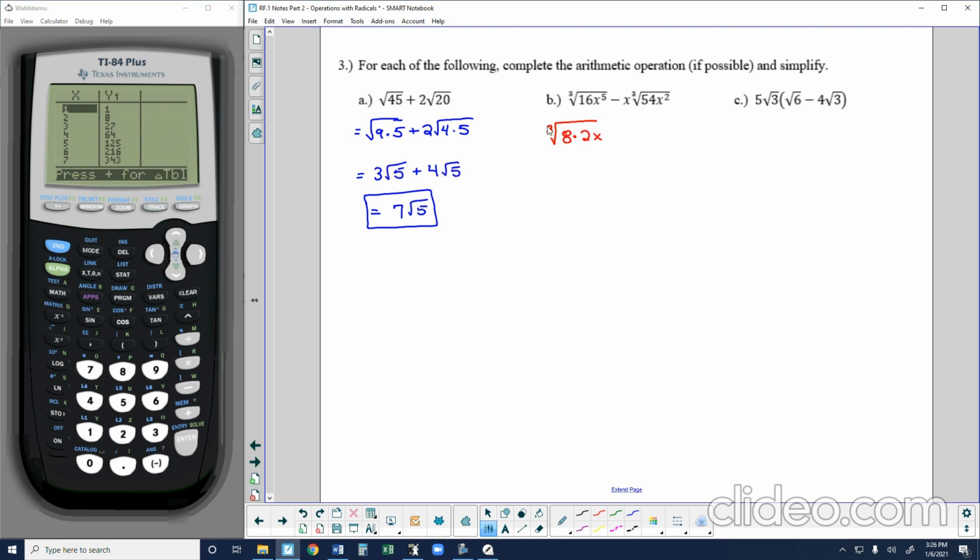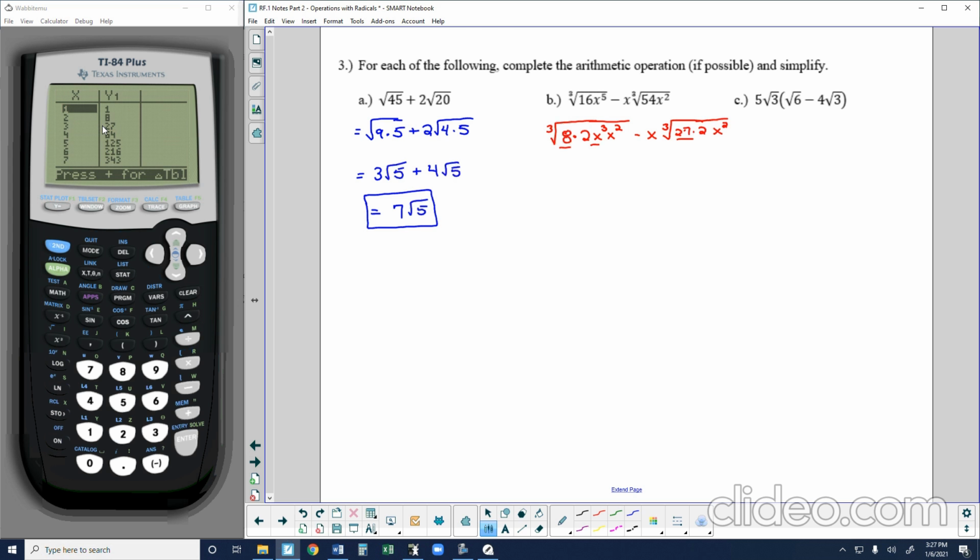I'm going to split x to the 5th into x cubed and x squared. And then I'd have minus the cubed root of 54. 54 is not on the list of perfect cubes, but 27 is. And 27 times 2 is 54. And then I'm going to leave x squared as it is. So I can simplify